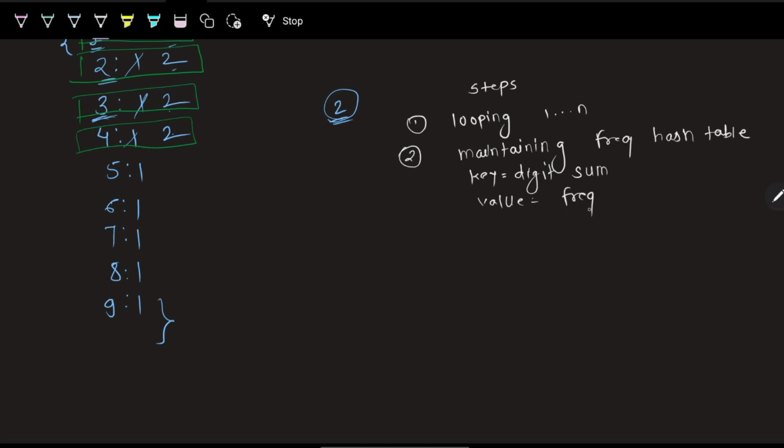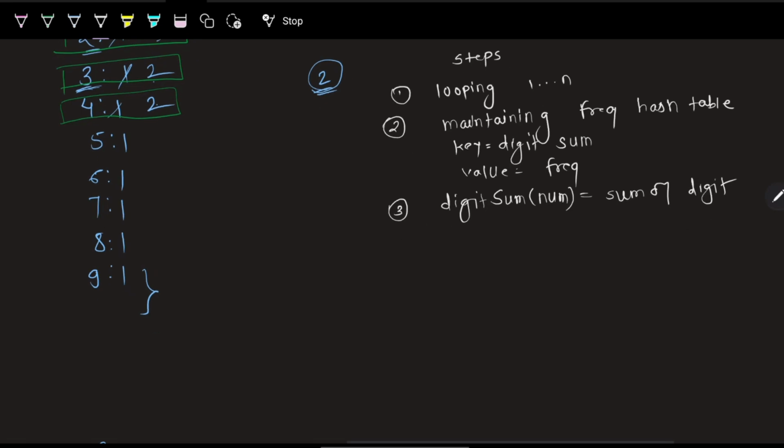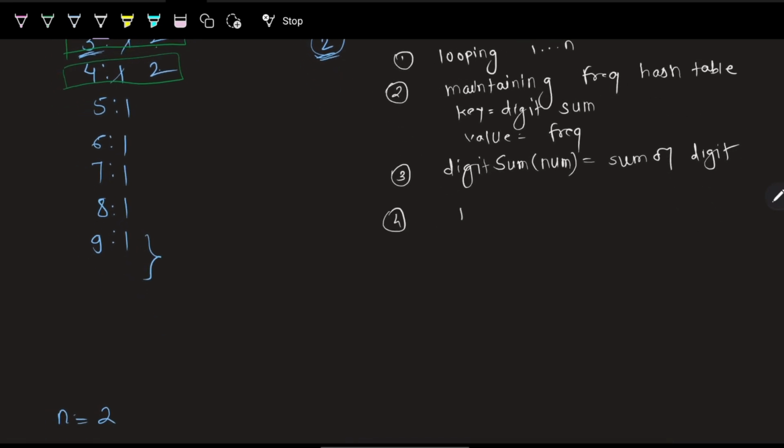frequency, correct. Third, I have one function named digit sum, which takes the num as an input and returns the sum of digits. We will have to build this function basically. And last, I will find the max frequency, and the fifth and last step will be to return